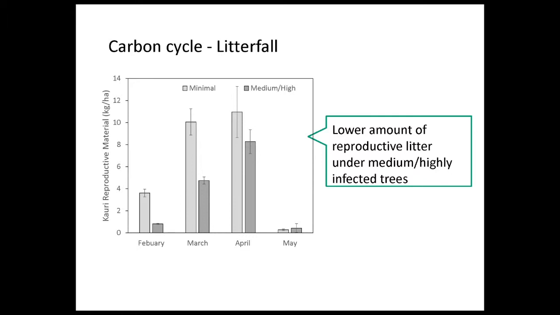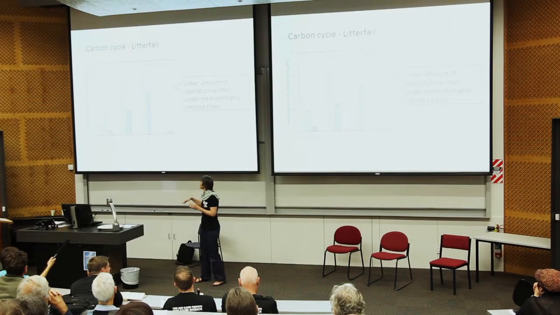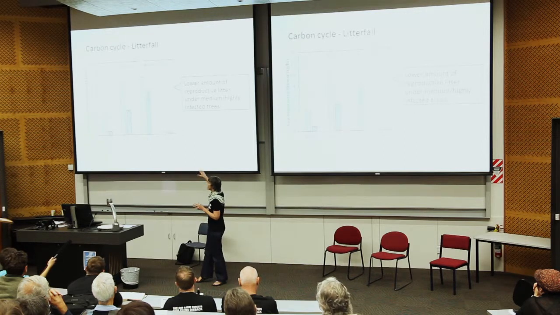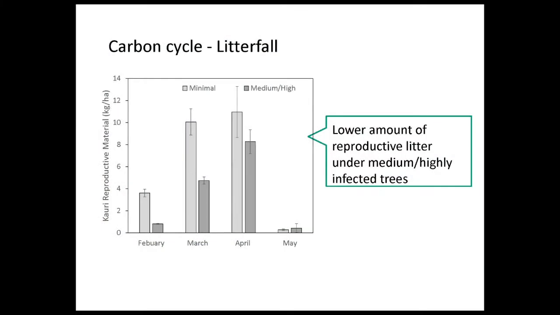Just one graph, and another graph is shown on the poster here with reproductive material. What we know from healthy Kauri stands is that the reproductive material kind of peaks. Most of the seeds and cones come down between February and May. As you can see here, the light gray are the trees which are minimally infected, which still bring down more reproductive material in comparison to the medium and highly infected trees, which have a lower